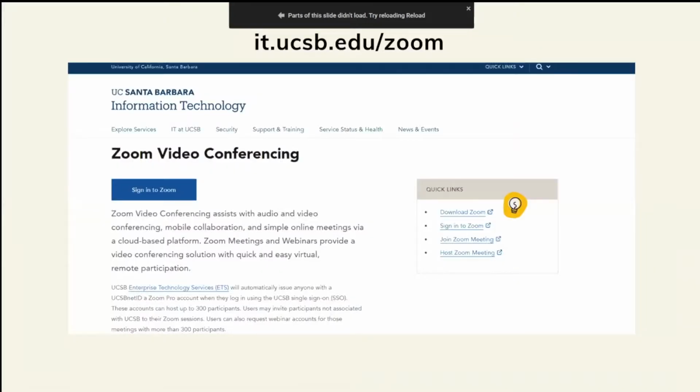And then I also wanted to bring your attention to UCSB's Zoom section. So if you want to download the latest version of Zoom, you can do so by Googling UCSB Zoom, and it's the first link that will pop up. And then here, if you're having any sort of trouble with your Zoom account, you can also request to speak to an IT at UCSB or get into contact with them, and then they should be able to help you with anything if you're having any difficulties.